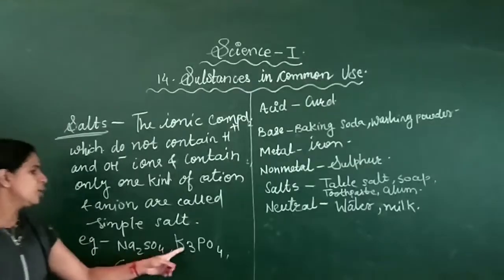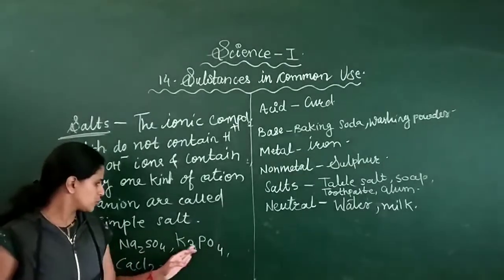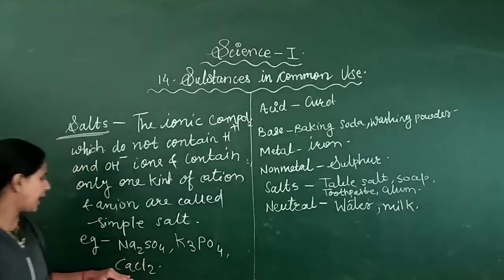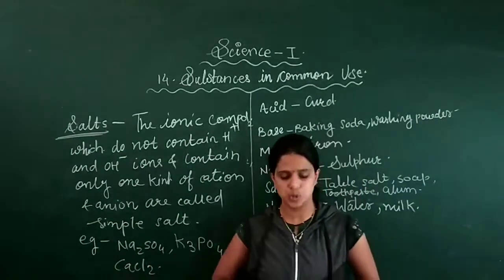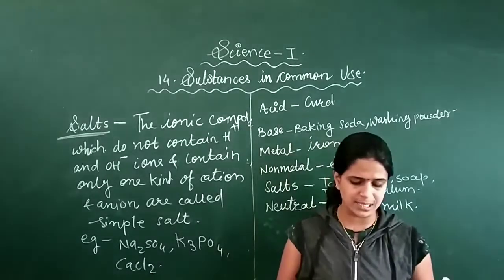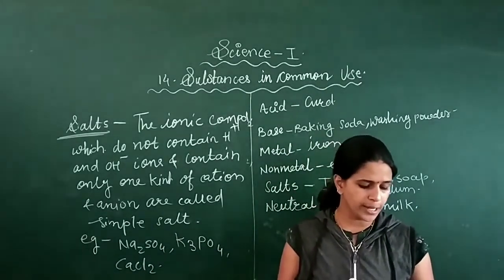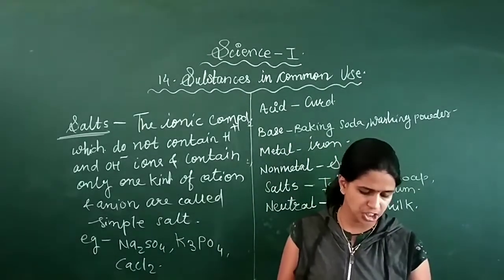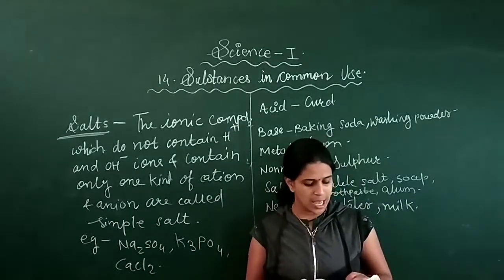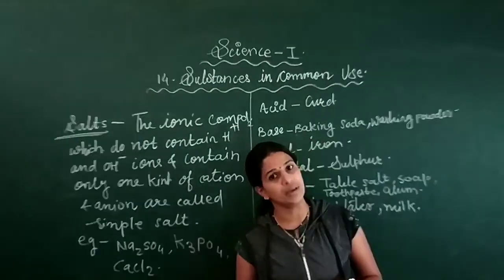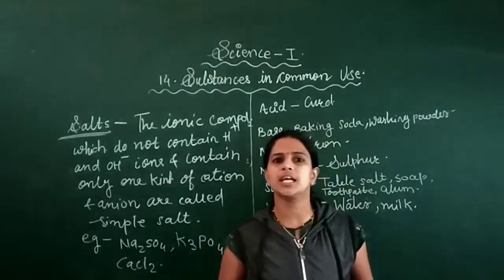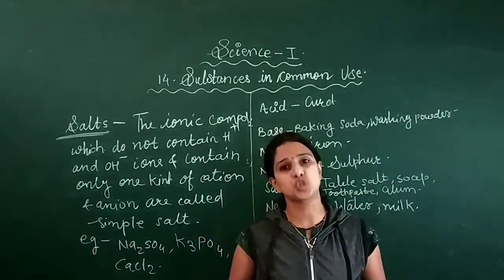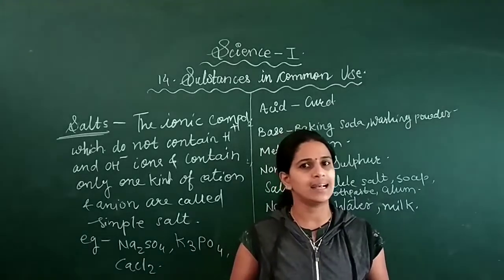sodium sulfate, potassium phosphate and calcium chloride. These are some examples of salts. Okay, now let's see the next one. Inorganic substances occur naturally in the form of salts rather than acids and bases. The inorganic compounds which are present in our surroundings are in the form of salts only, neither acid nor